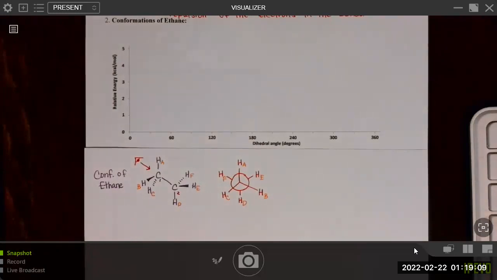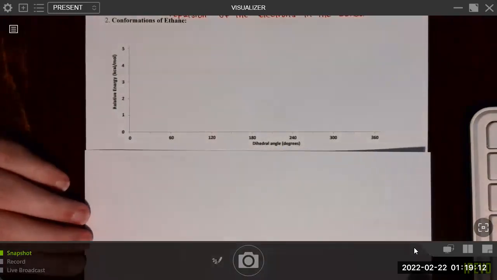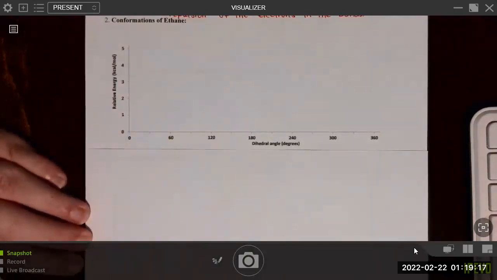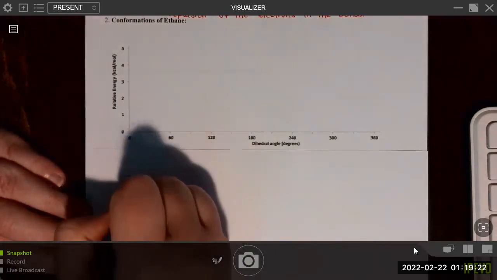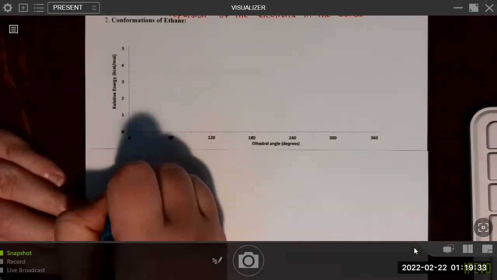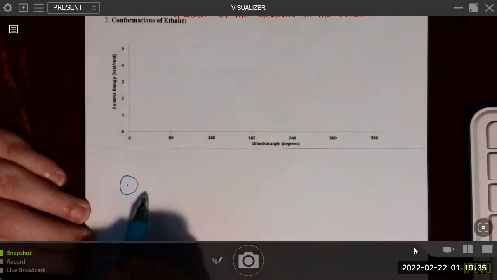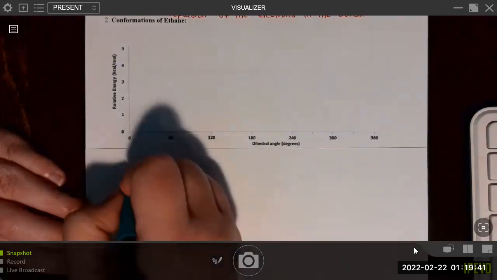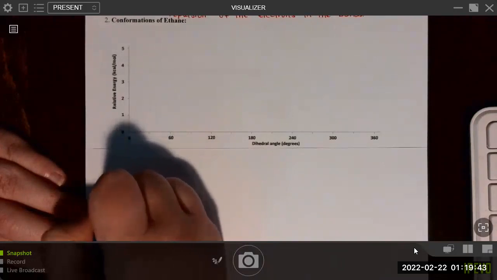Okay, so what I want to do here then is draw out the conformation starting with 0 degrees. And we're going to highlight a couple of the hydrogens in particular. I'm just going to draw a starting point for a Newman projection. And then I'm going to draw in the front hydrogens. You could either do them up and down, or down and up like this. Either one is fine, and it really would not matter. But I'm just going to go here, here, and here as a starting point.